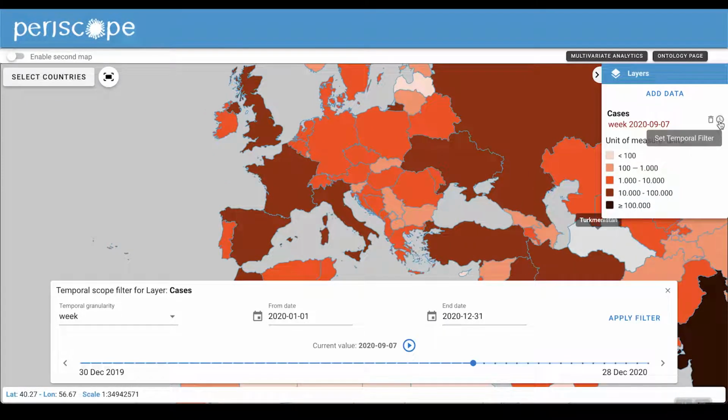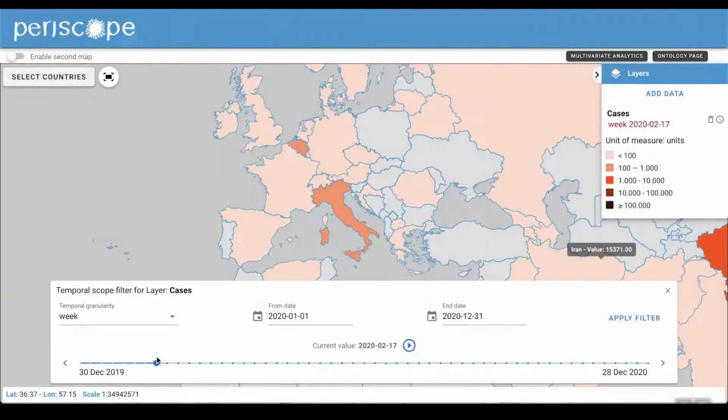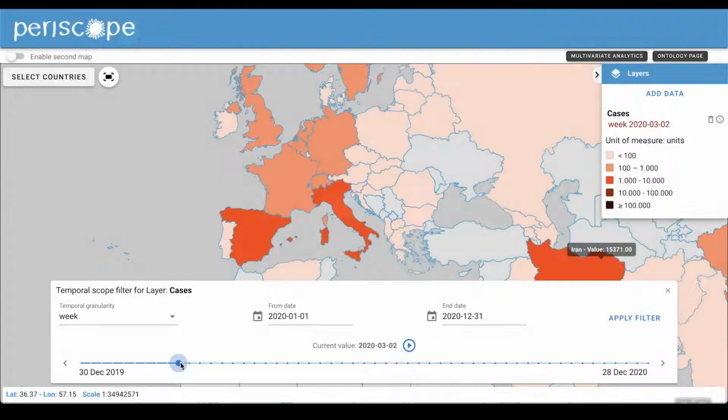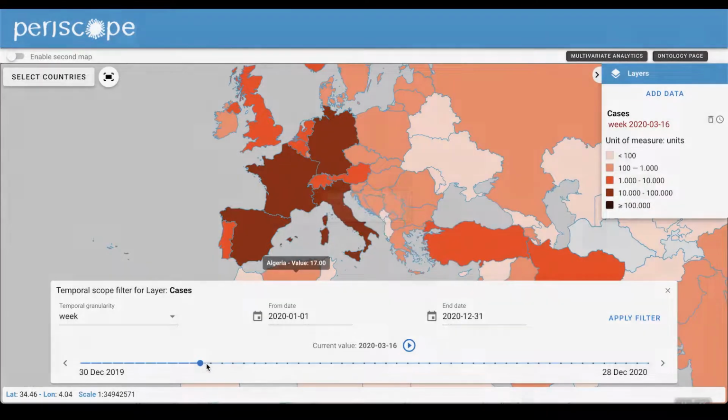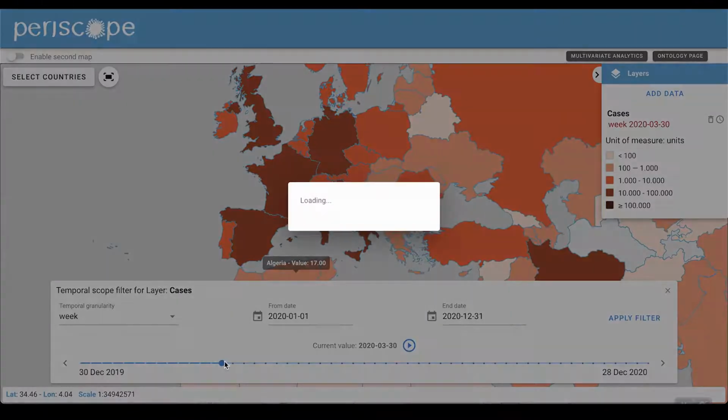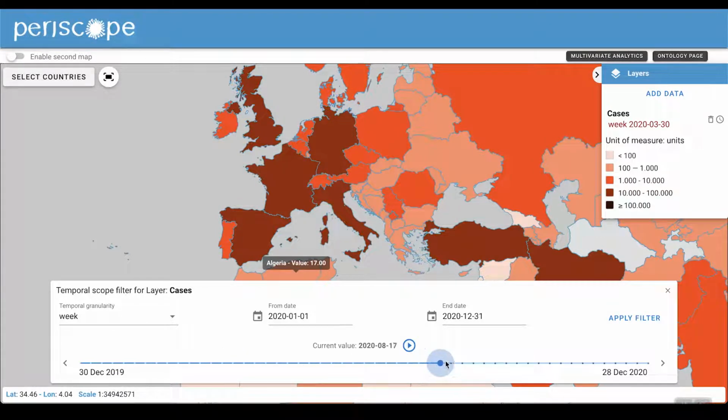We also have a temporal filter accessible here, which pulls up this kind of visualization where you can choose temporal granularity, start and end date of the data you're interested in, and this useful slider which lets you explore the data temporally and see what happened in this case to the cumulative case count from the beginning of the pandemic, when it first came to Europe through Italy and a few cases in Belgium, to its spreading across Western Europe and increasing severity all the way to the second wave